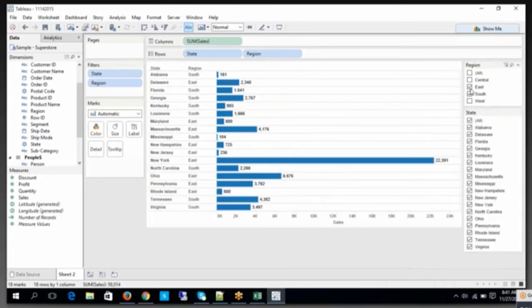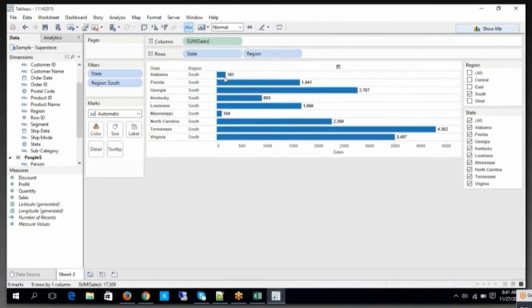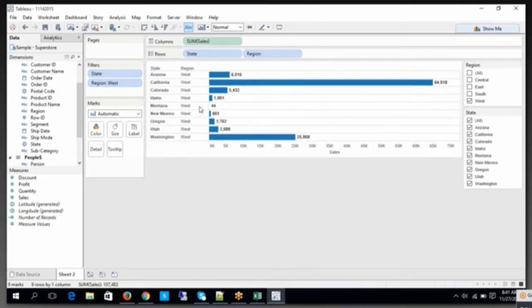Now look at this. So only southern region states, like Virginia, Mississippi, something like that. Okay. Georgia, Florida, something like that. Now when I choose west, California, right? This is all the stuff. Which means what are you trying to see here? Based upon the filter criteria at my parent filter level, the child filter is showing all the relevant values, only the relevant values, not all the values from the data source.